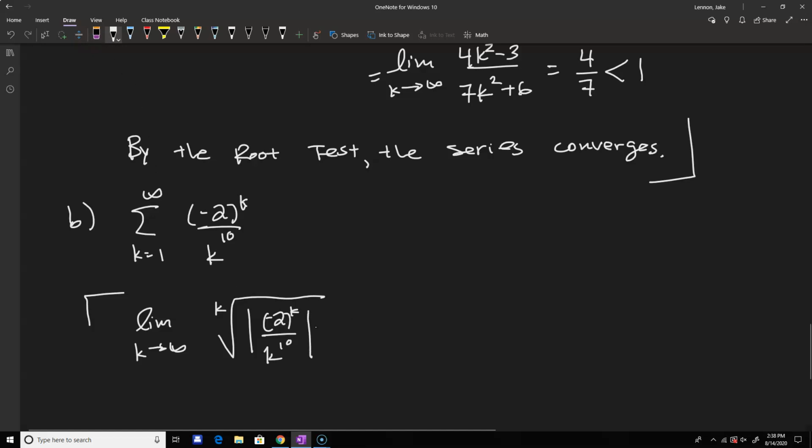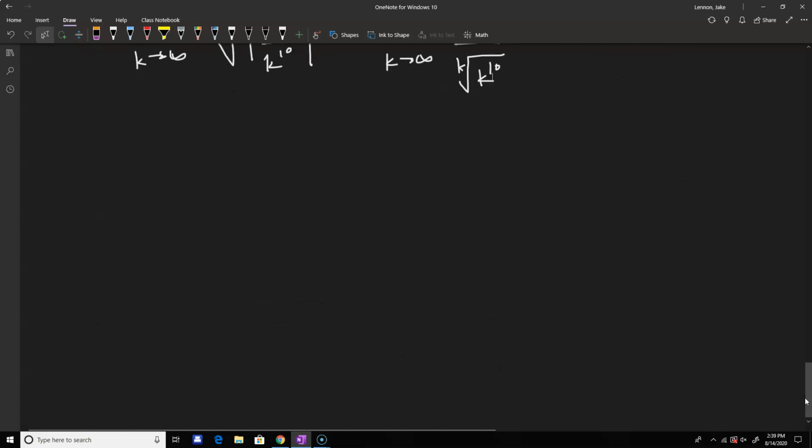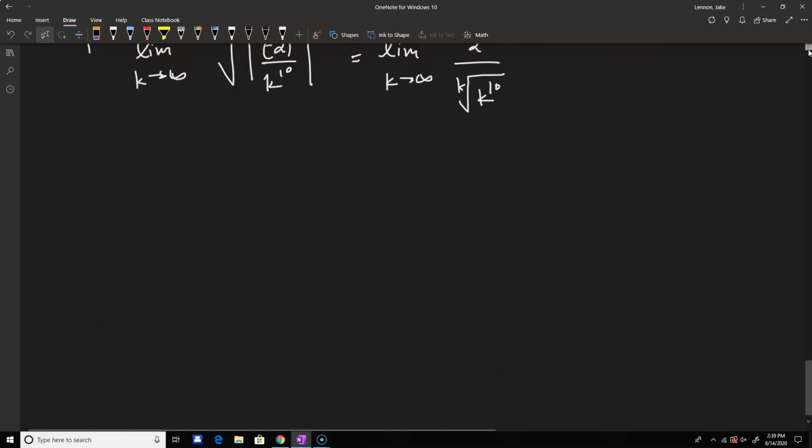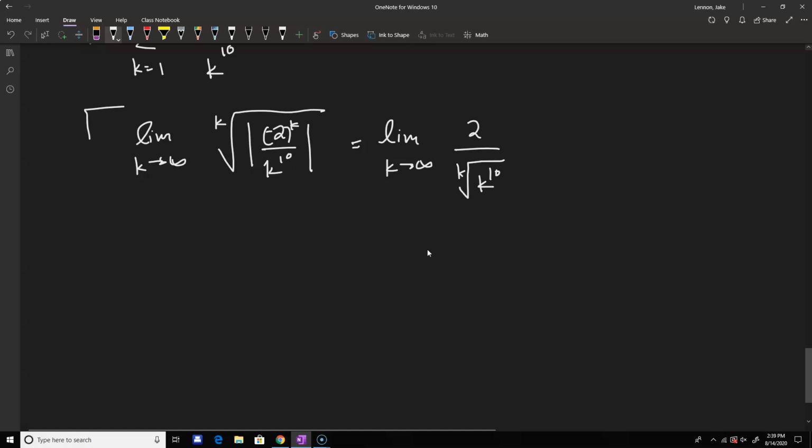So, okay, the top is pretty clear. It's just going to simplify. The roots are going to cancel. We're going to get the limit as k goes to infinity of, the absolute value is going to make that a positive 2, and then we're dividing by the kth root of k to the 10th. Here is a useful thing if we haven't done this limit before, but for the root test it comes up all the time. So this actually just goes to 2 over 1, which is 2. And that's because